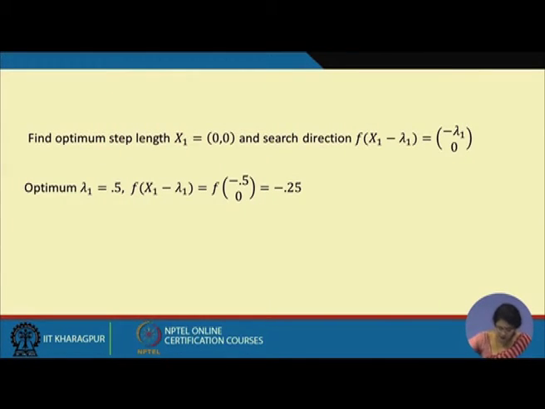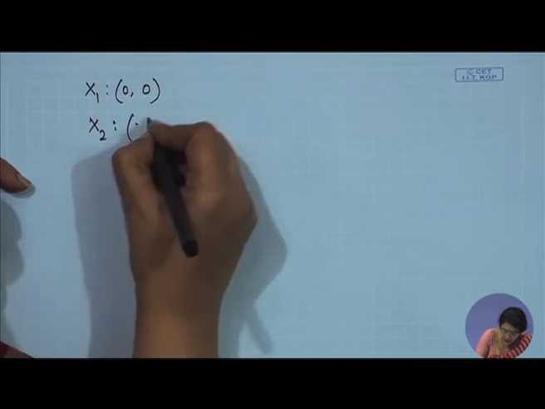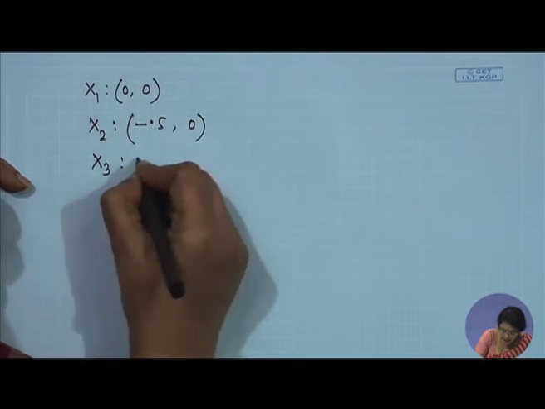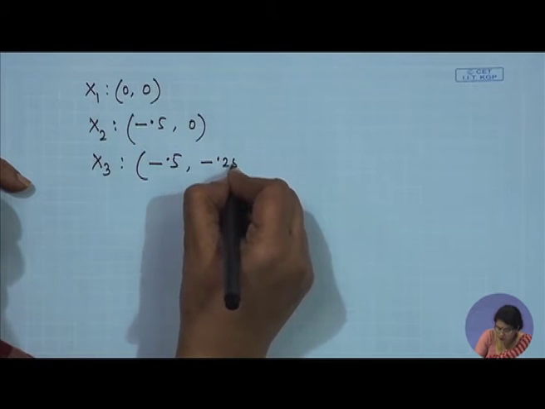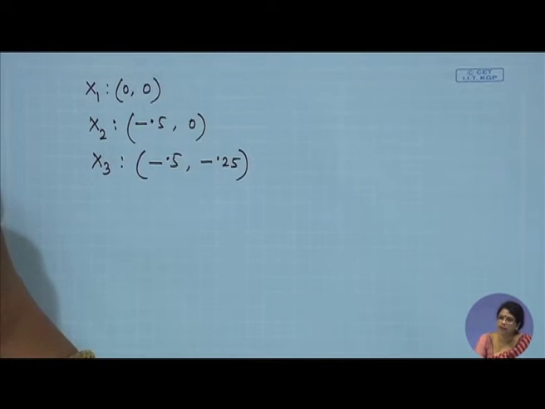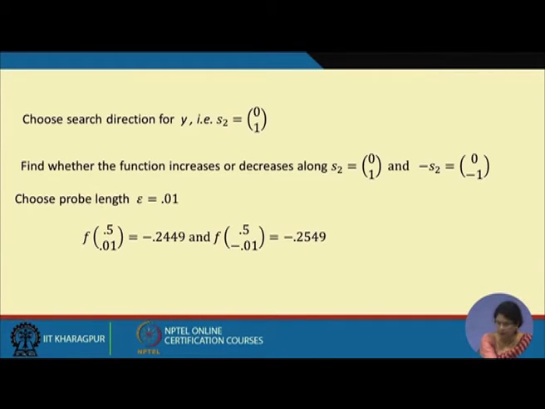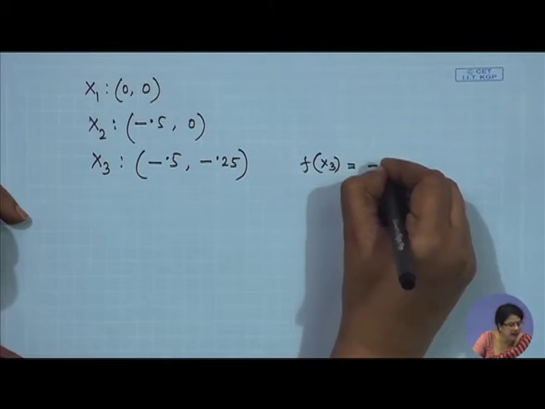If I just write down, my initial guess was (0, 0), my next point was (0, -0.5), my next point is coming (-0.5, -0.25). Now let us see the functional value at this point. These are the functional values, as I was saying to you, and we could see the functional value at x3 is coming as